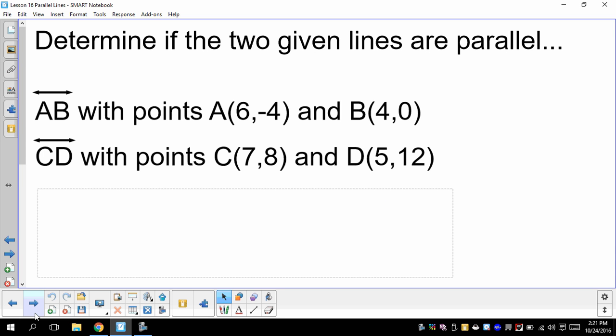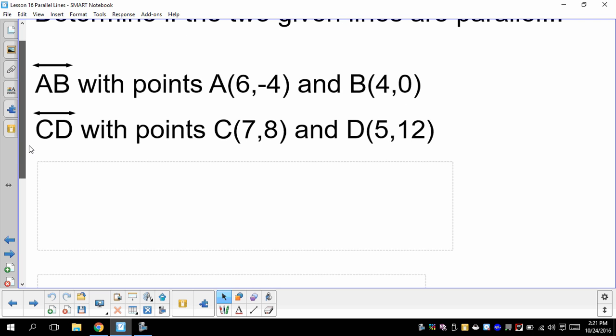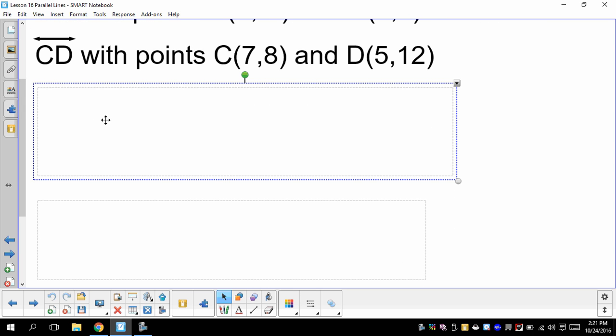So we can use that piece of information to figure out if a couple of lines are parallel. All we need to know about the lines is what their slope is. So if I have two lines A and B, and I know two points on each of the lines, I can find the slopes of those lines, and then using those slopes I can compare them and determine if the two lines are parallel. So from the last lesson, I'll use my slope formula,